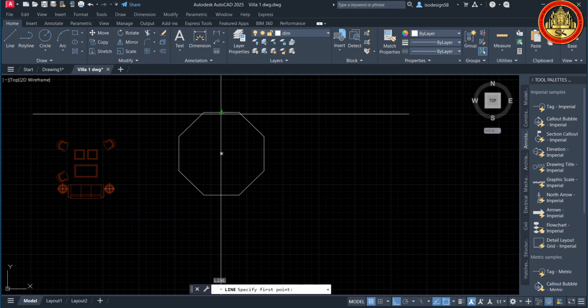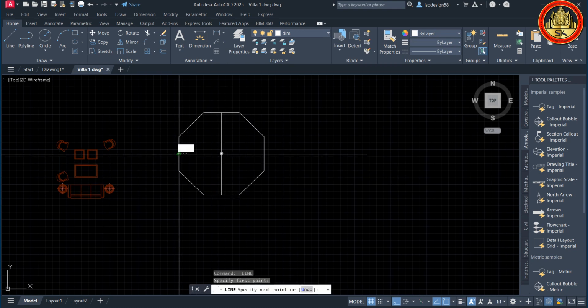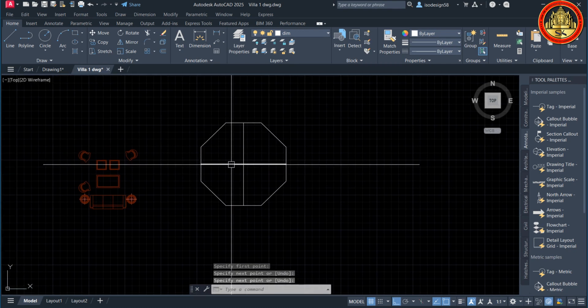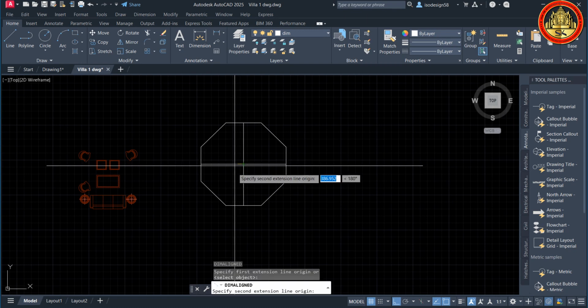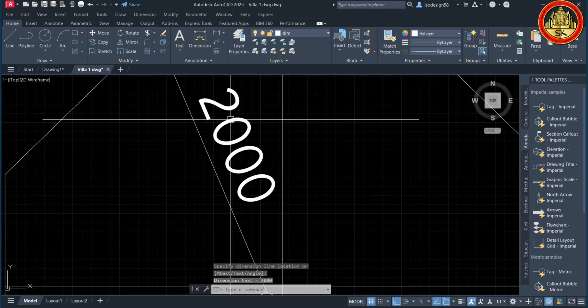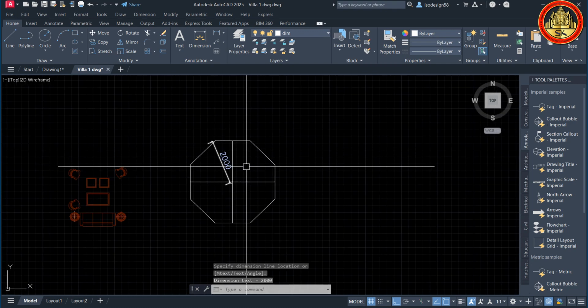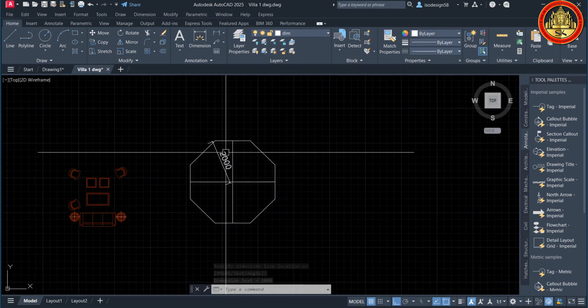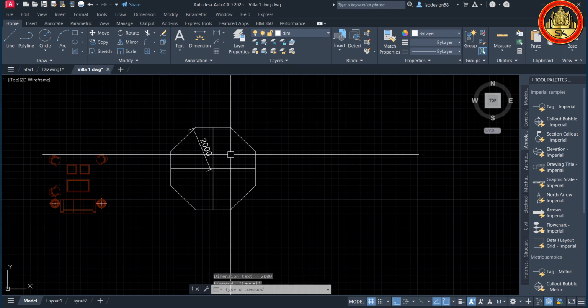We can see the length with the dimension command. I can see 2000. It means that this equals the radius I put, and then